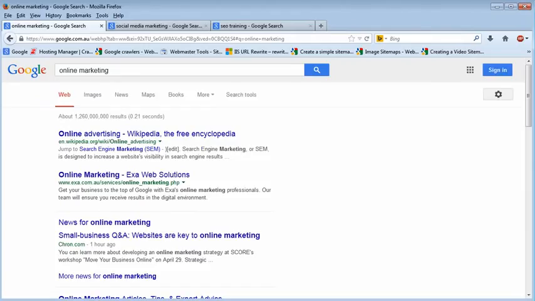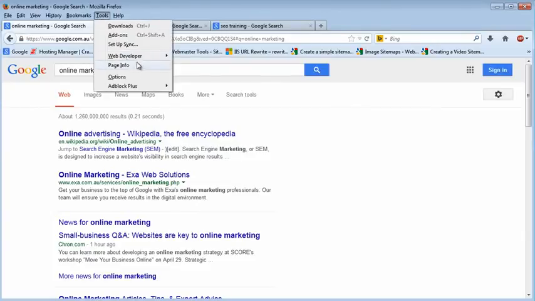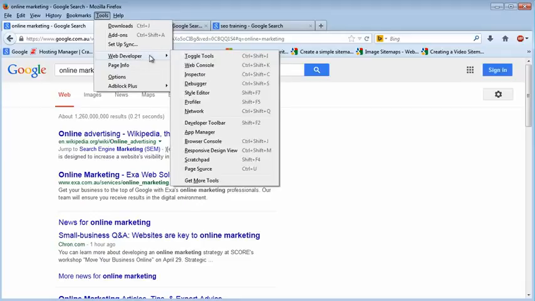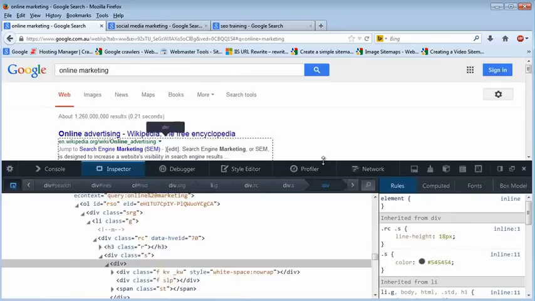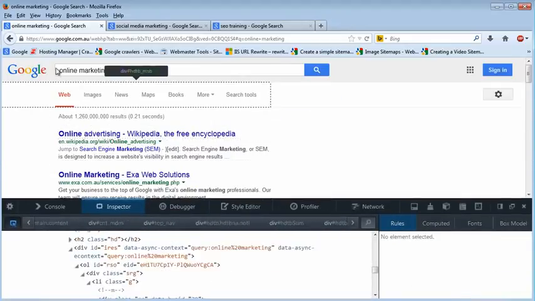Now I've got internet browser open. I'm using Firefox. Okay, and I've installed the web developer toolbar, right? As you can see, I've got the web developer toolbar happening here. Now let me press on, let's say, inspector. Let's press on that. As you can see, it's gonna bring this console for me. Now what I can do, I've searched